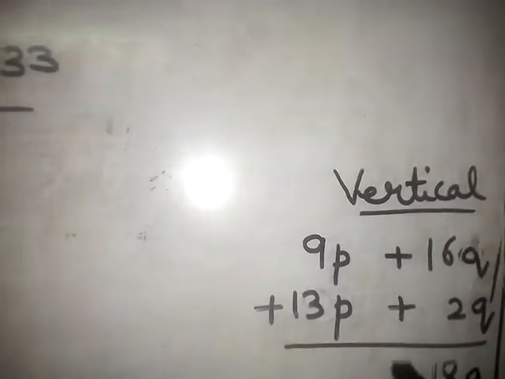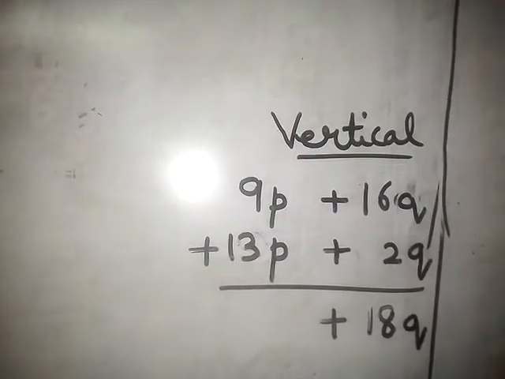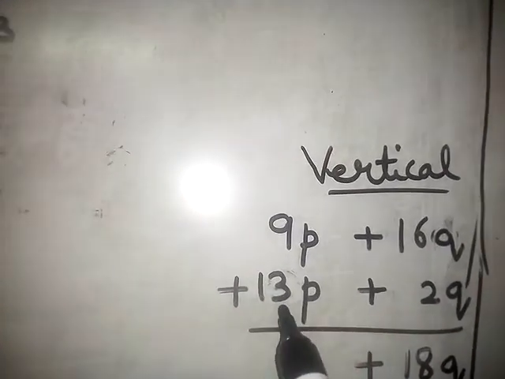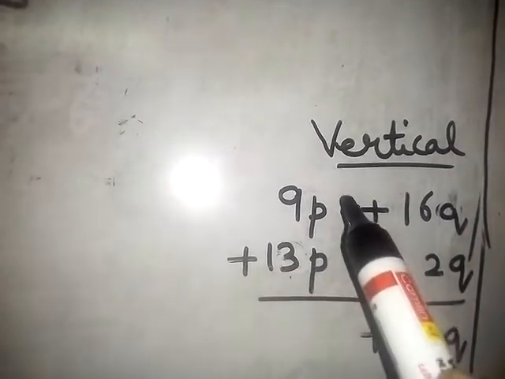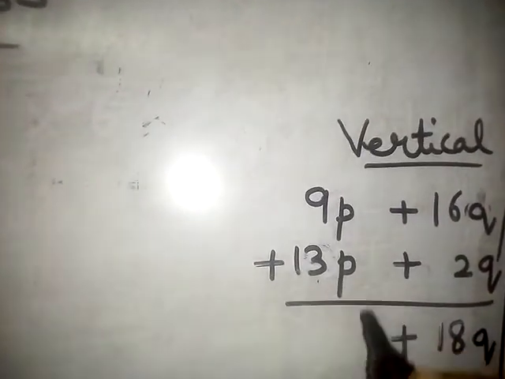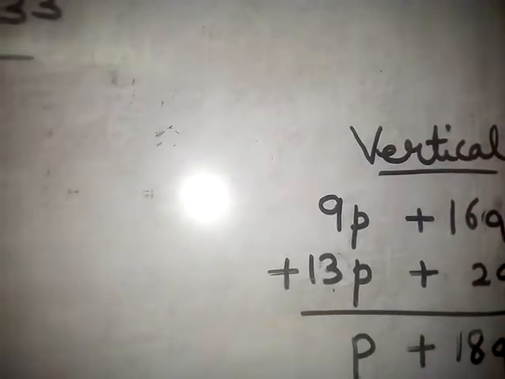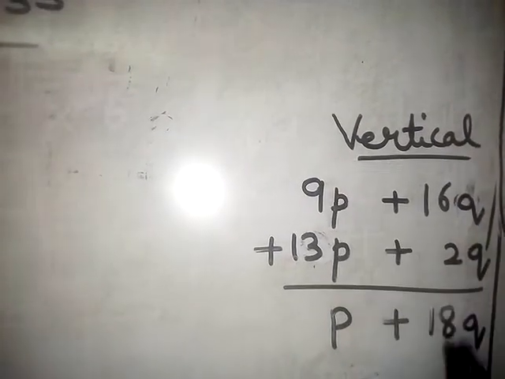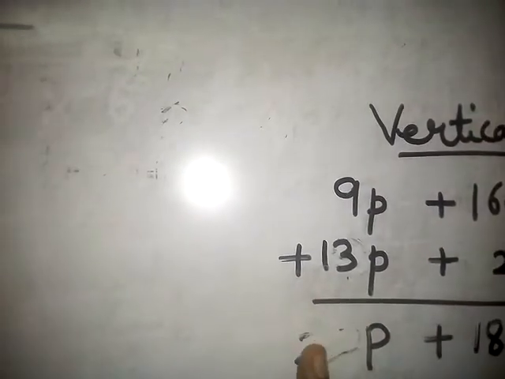Now plus into plus is plus. You have to convert the sign also by using the sign formula. Now here 9 plus 13. You have which variable here? 9 and 13. You have the variable p. You have the same variable here. So if the variables are same, answer also you have to write same variable. Variable cannot be added. Only the numbers can be added. 13 plus 9 is 22.